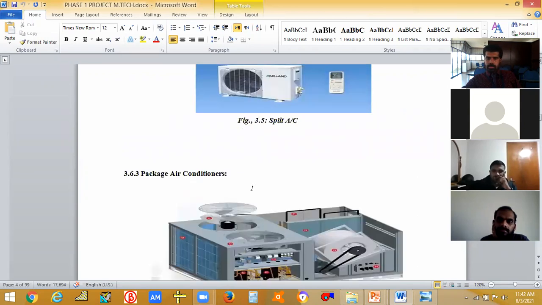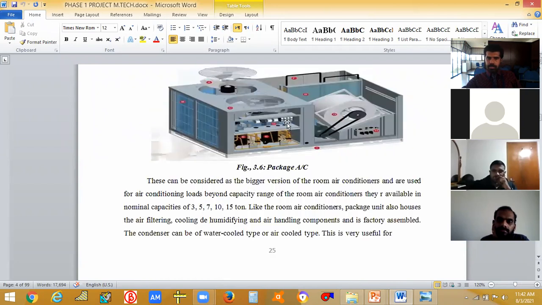Now this is the packaged air conditioners. In coming classes we will be knowing more about it. This is a packaged air conditioner. Indoor and outdoor are in the same package. It is combined. You can see a fan on the top of it, through which air is being ejected out. It is not split, it is combined. Through this, you can give air directly or, with the help of a duct, send the cold conditioned air to the particular room.